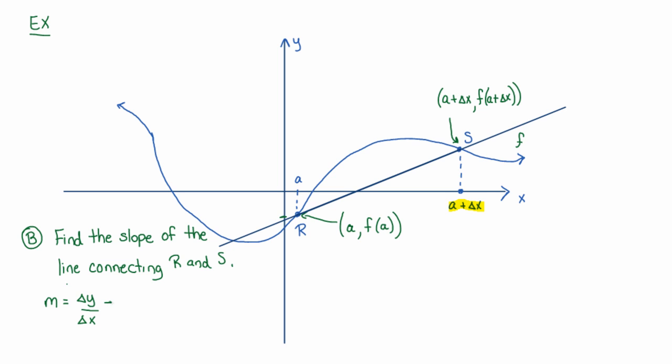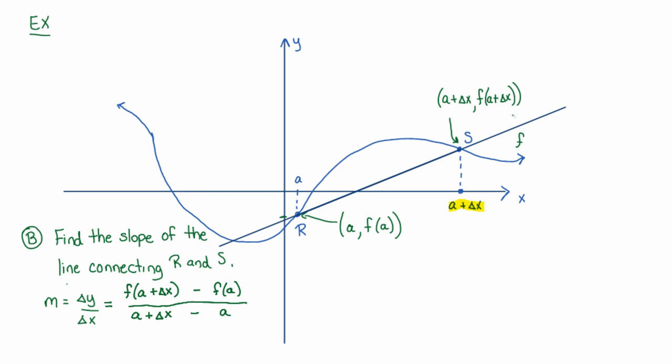So the difference in the y values, and I usually take the second point as my first y value, so f of a plus delta x over its corresponding x value, or input value, which is a plus delta x, minus the second y value over the first x value. In other words,